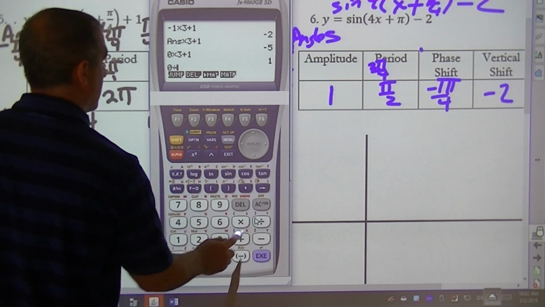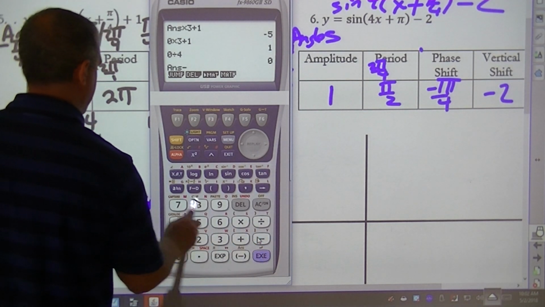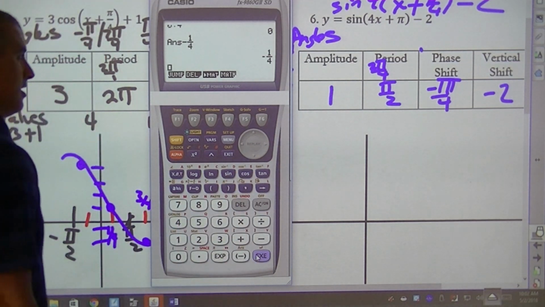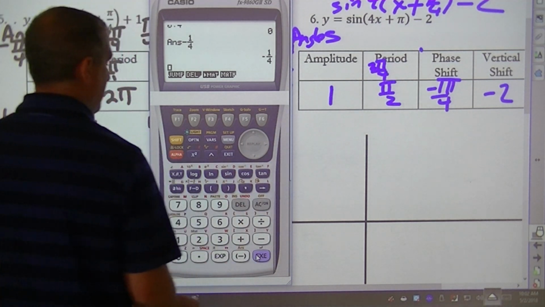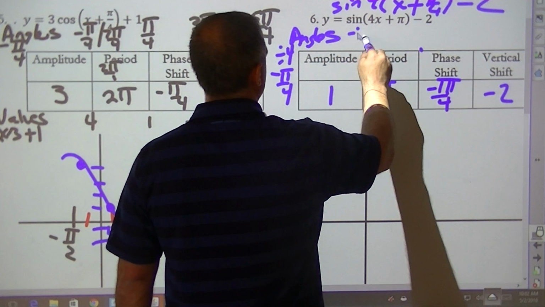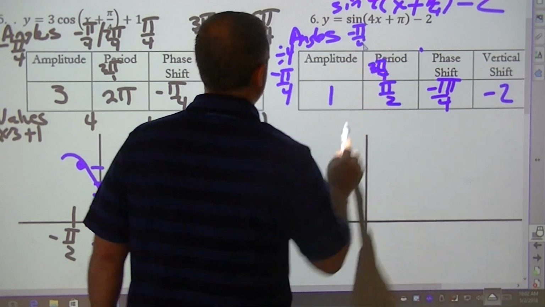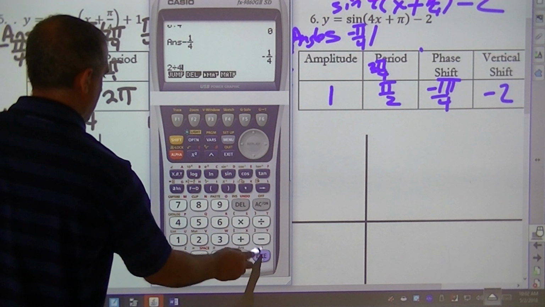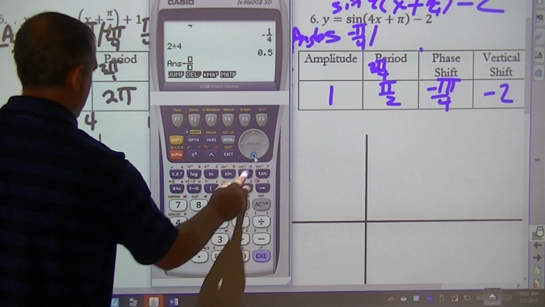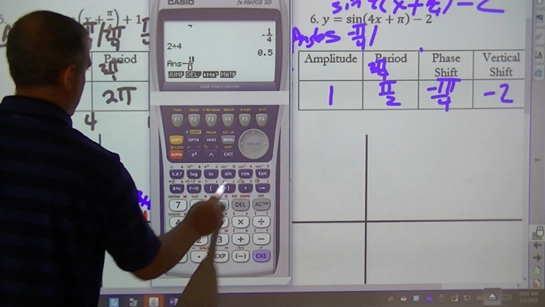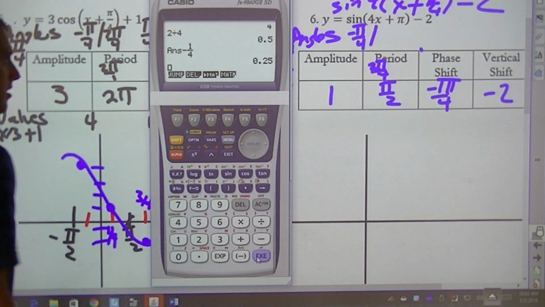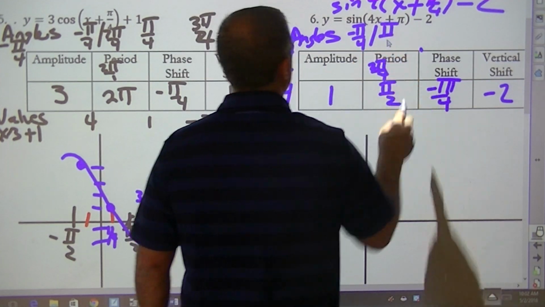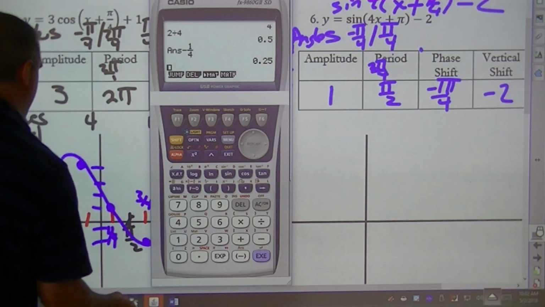So 0 divided by 4 minus 1/4 is going to be negative pi over 4. Then I got 2 divided by 4 minus a fourth, which is going to be pi over 4. Then I got a half